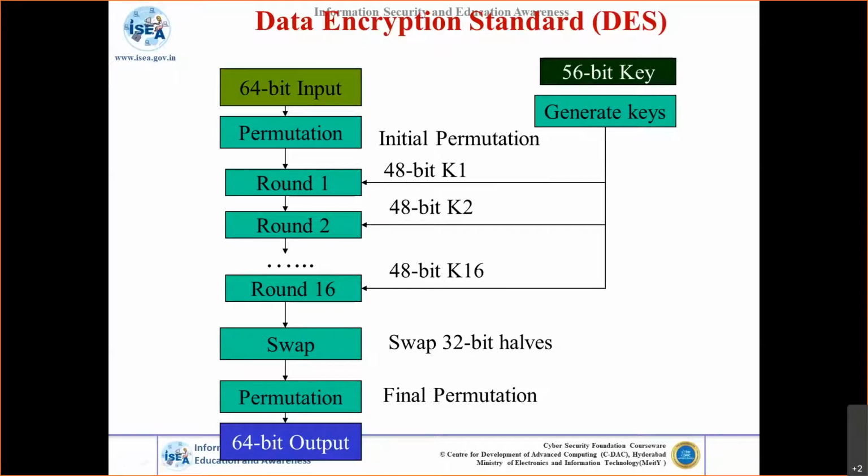Now, what happens for decryption? The decryption is exactly the same. The same 56-bit key has to be passed as an input. Now, instead of the plaintext input, the 64-bit encrypted output will be the block given to the decryption algorithm. The only difference lies in how the subkeys are given. During decryption, the subkeys are given in reverse order, from K16 to K1. The first round gets the K16 subkey, the second round gets K15, and the last round gets K1. Once it is done, we automatically get the plaintext back. This is how the Data Encryption Standard works.